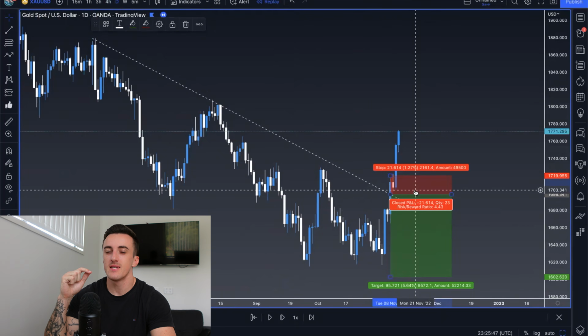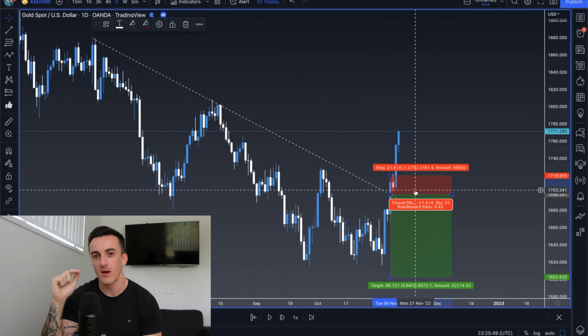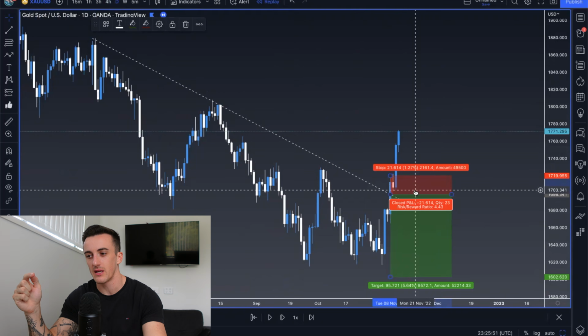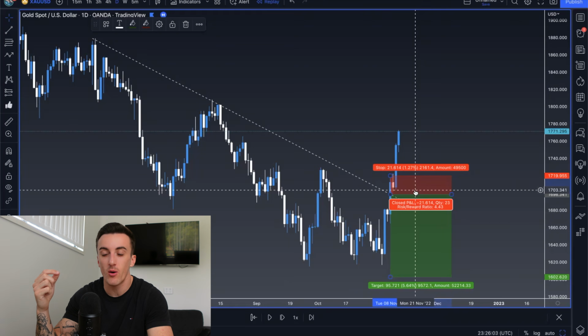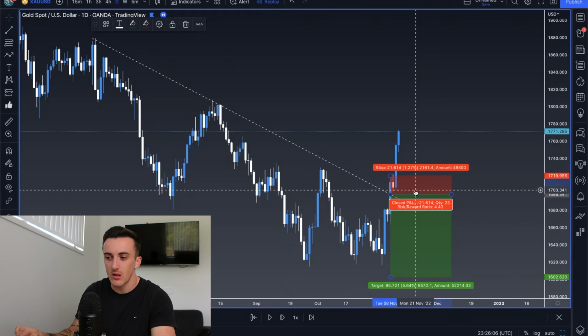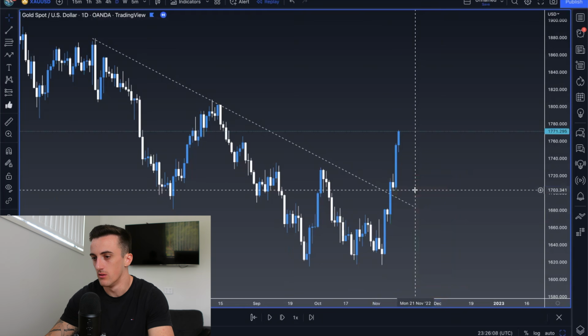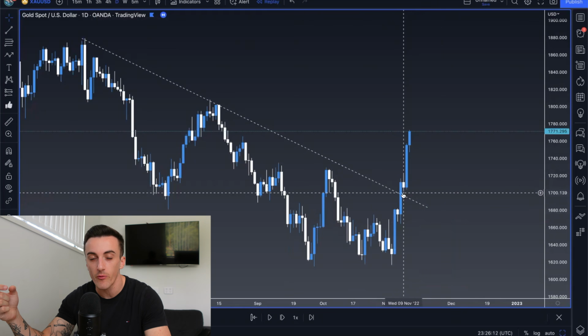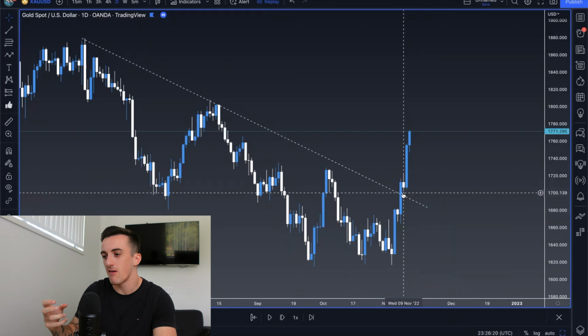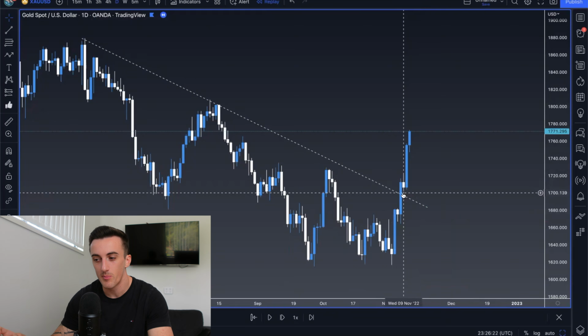So this is an amazing thing, and this is why I want to show you guys this example. Not only will this help you eliminate the prediction of the markets, but it will also help you not take as many losses. If, for whatever reason, I've got confluences and I'm looking for gold sells around this region, and I don't get a reaction in my favor, not only am I not going to take a loss, but I'm also going to save myself from executing another position because price hasn't given me the confirmation. So there's no need for me to jump the gun, take a trade, take a loss, and be emotional and